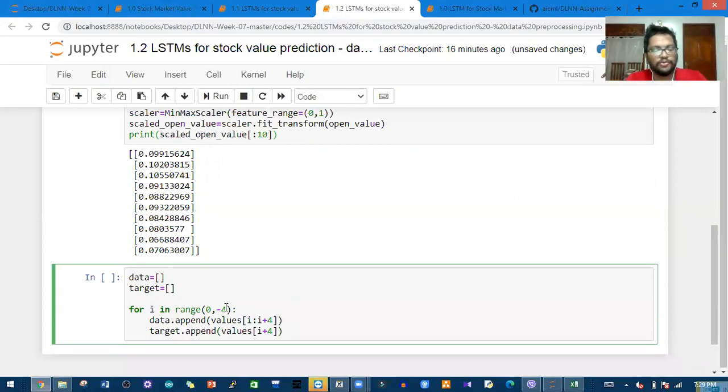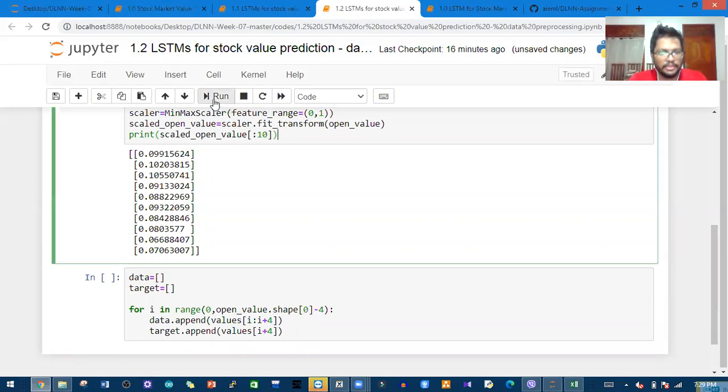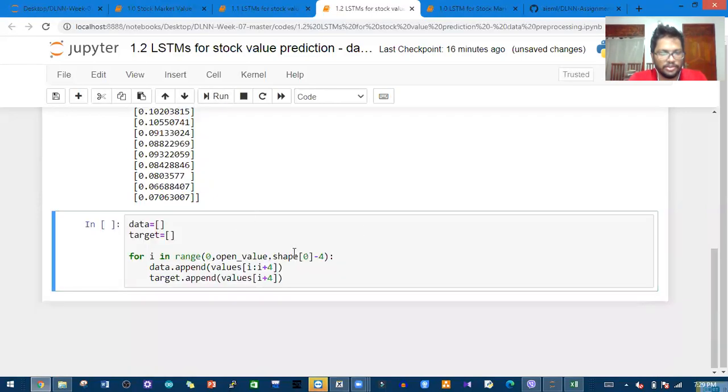Now this should go for data, sorry, yeah, open value dot shape 0. Now I think you should be familiar with these things, right? But open value dot shape again, right? So it's going to give us the